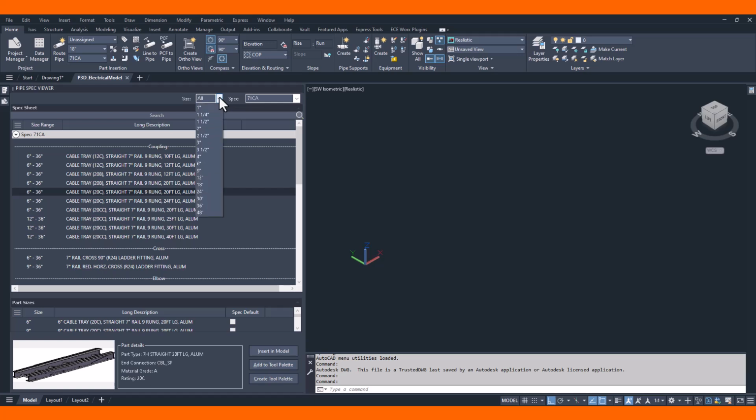At the top of the spec viewer is a drop down for size selection. It lists all of the Plant 3D sizes. Optionally, in the part insertion section of the ribbon, you'll see just the sizes of the cable trays available. Either can be used to set size. Once the size is set, then you can simply pick an item and then use the Insert Model button in